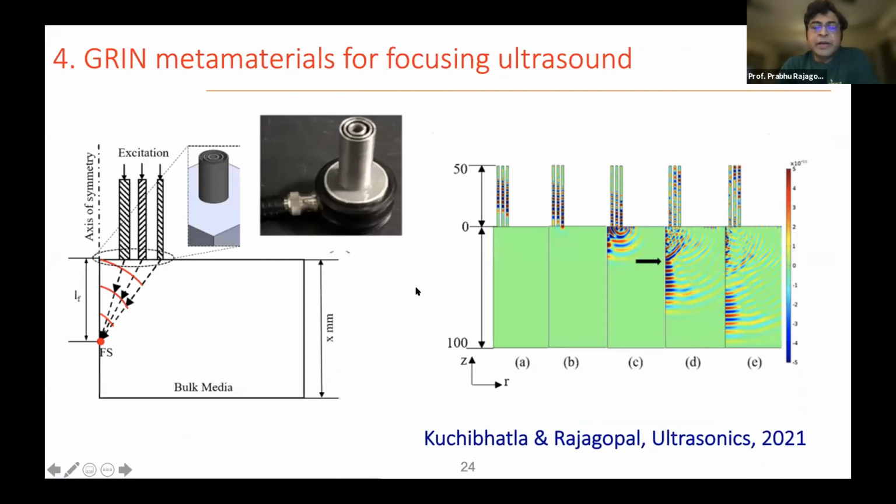We can use metamaterials to focus sound into solids. Using just a simple regular transducer, and for example, a series of tubes, we've been able to show that we can focus sound into a material. This could be useful in medical ultrasonics, where people want to focus sound at a particular point for achieving therapeutic